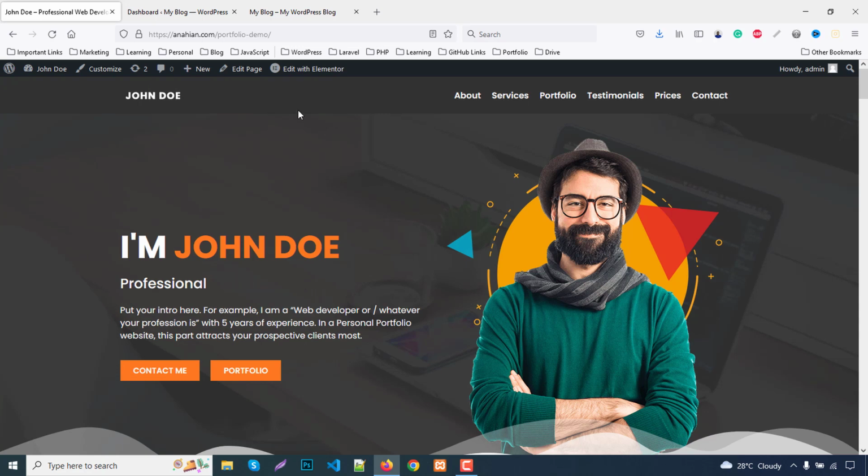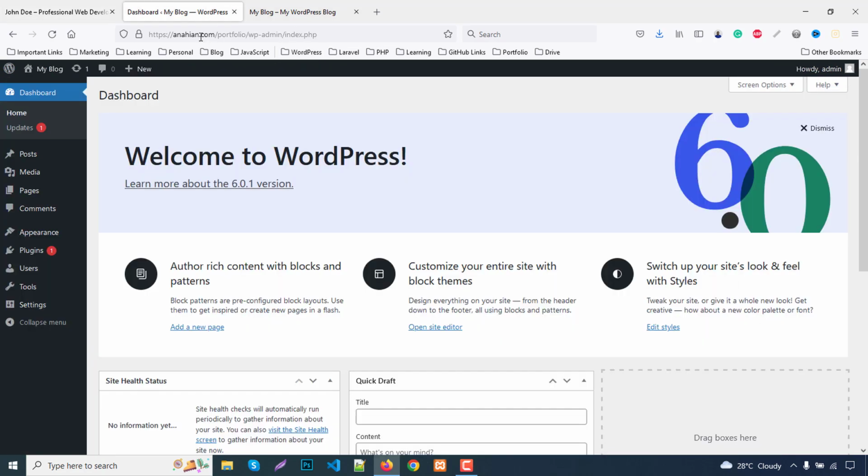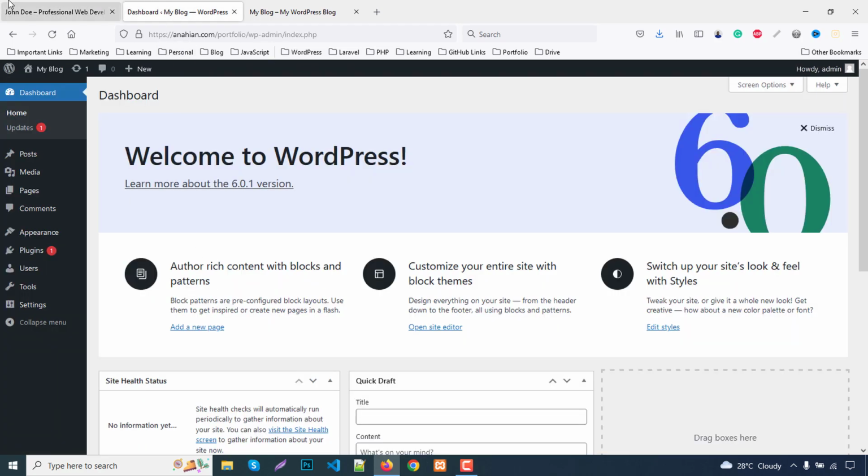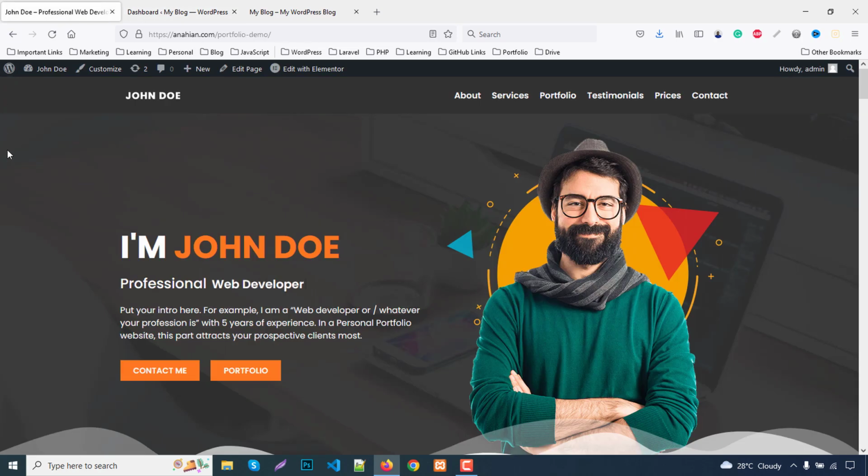I already have WordPress installed, like a nahian.com portfolio. You can use it locally or on a server as you wish. First we need a few things. Here we use WordPress, which I have already installed. Secondly, we use the Elementor page builder plugin. We need to install this, and we use